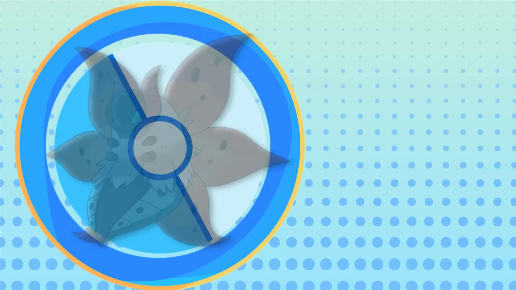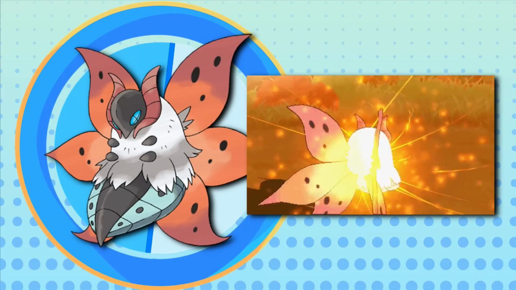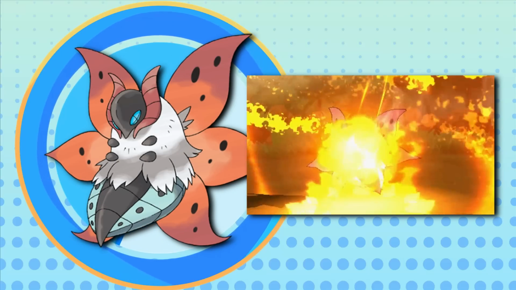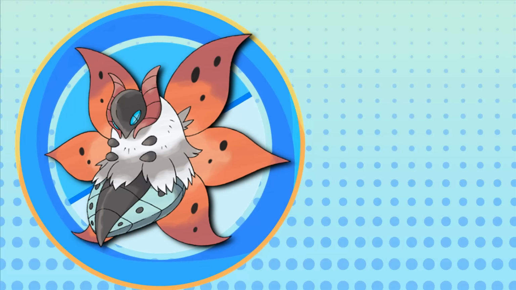Speaking of dance moves, leave room for Volcarona on the dance floor, because Fiery Dance is not to be forgotten. A base 80 power attack with a 50% chance of raising the user's special attack. It's kinda like Charge Beam, but the baseline for its power is way higher. But unfortunately, the Gen 5 hype train had to stop somewhere, and by somewhere, I mean literally the last Pokemon